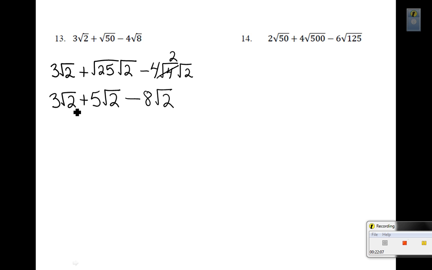Since all of these have a radical 2 in it, they're like terms. Just like if it was 3x plus 5x minus 8x. Same thing. So I'm going to add the 3 and the 5. That makes 8. 8 minus 8 is 0. So I have 0 radical 2. So in this case, after all this work, my answer is